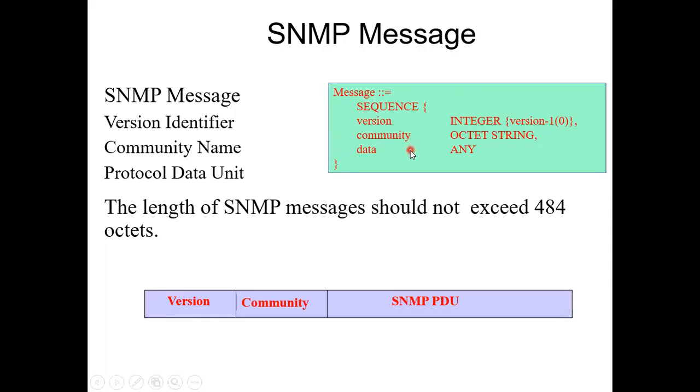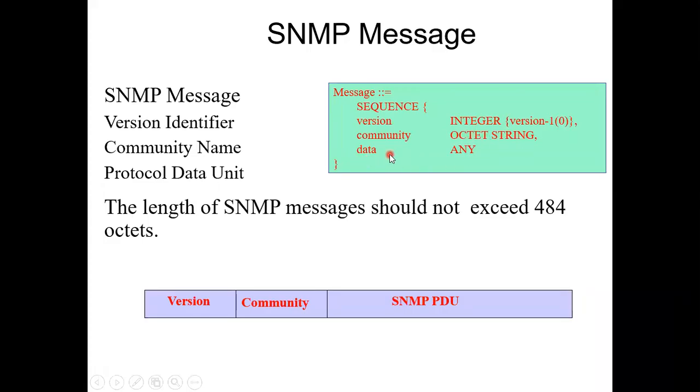The community name will be written as an octet string. You know what an octet string is; Hi, hello, these were all octet strings. There will be a community name. Some name I can give you, Red Rose, whatever. That name Red Rose comes under octet string.